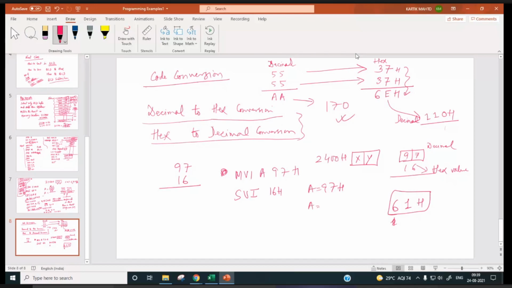Result will be A is 97 minus 16H. This will be our result. Someone said 81, but let us check whether it is coming 81H.